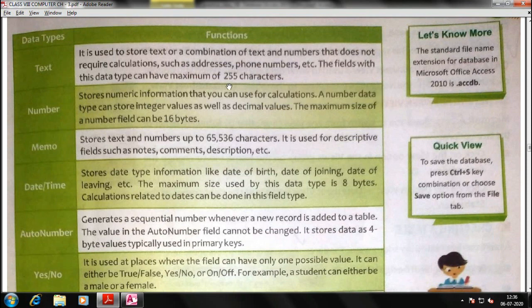Space will also be calculated here. Do not think the space will not be calculated. One space is equal to one character. Okay. Next, numbers, 16 bytes.